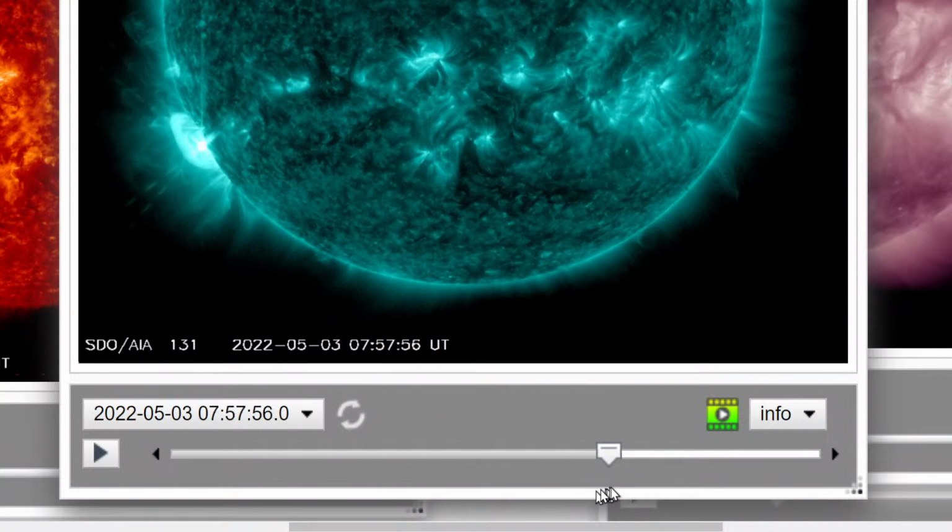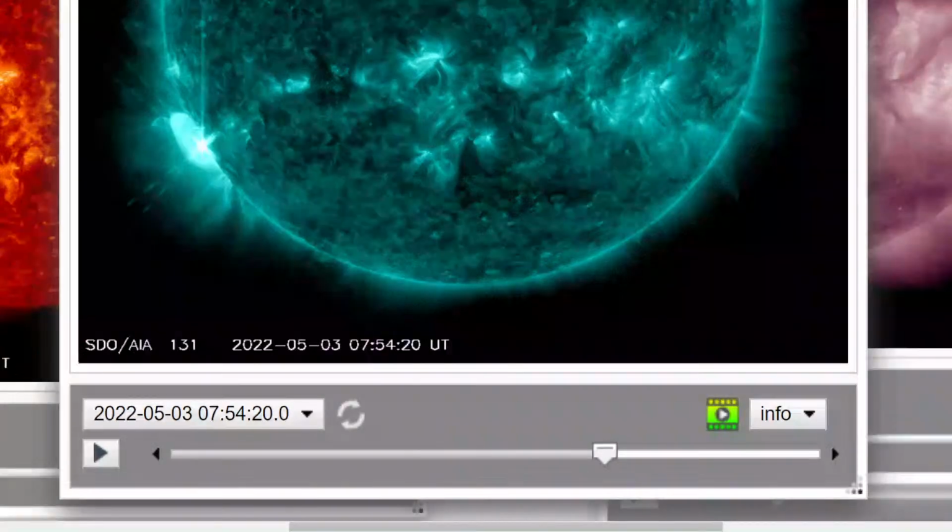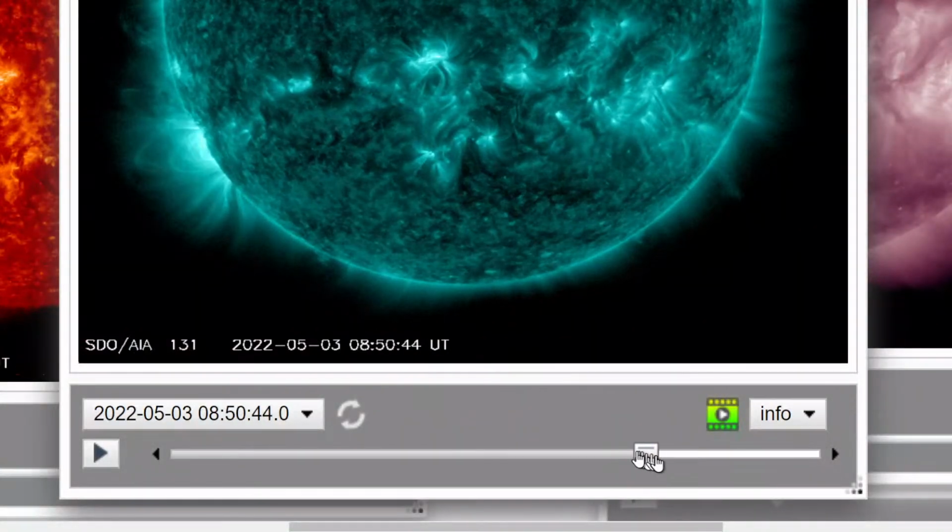That's the M flare. Okay, how do I know this? You see the timestamp? It's 8. That falls right in time with that. Okay, so we'll go to the next one,